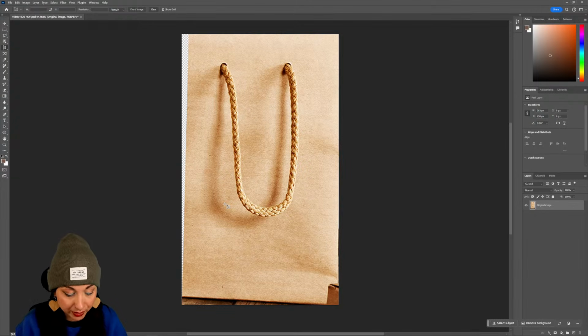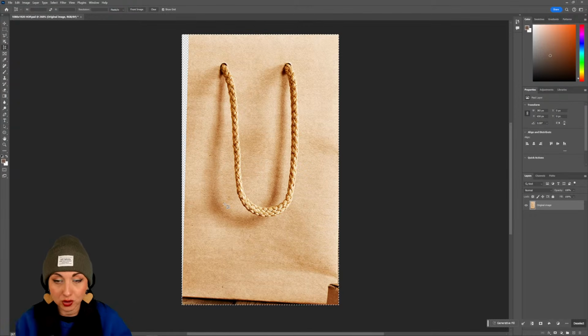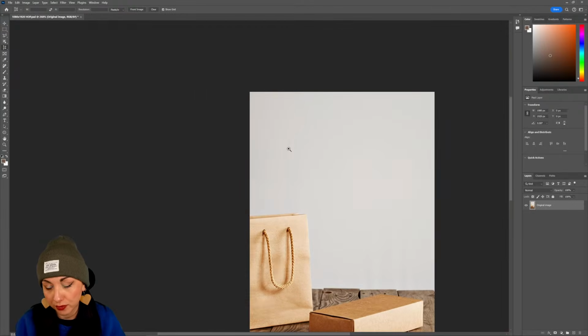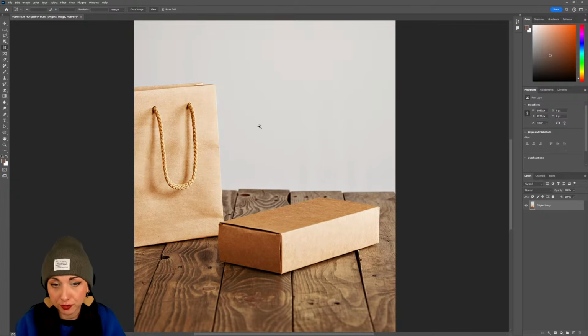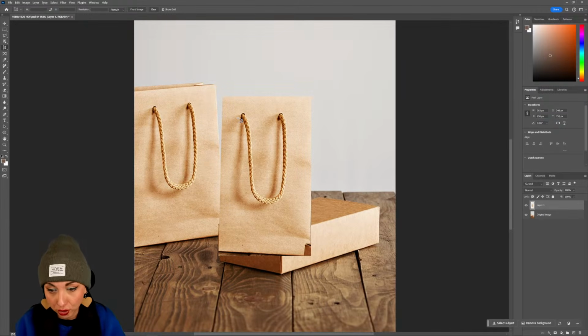So what I do here, you use Control A, and you see the marching ants around the selection to select the point all around, so all the area of this pixel. Press Command C to copy, and then Control Z to just go back to the original photo. Now that we're back at the original photo, Control V is the shortcut to paste this area, and now